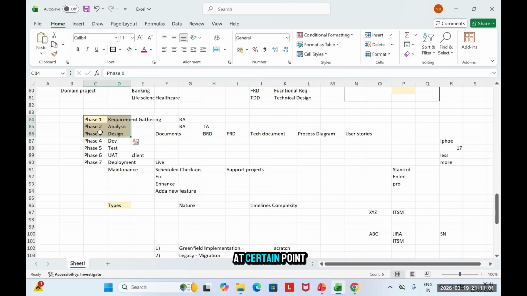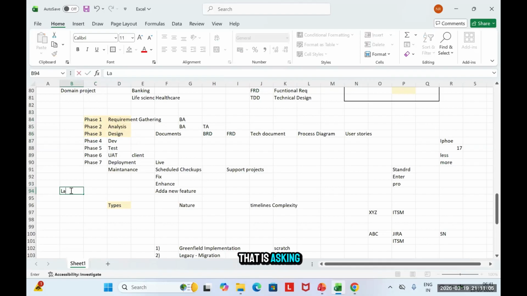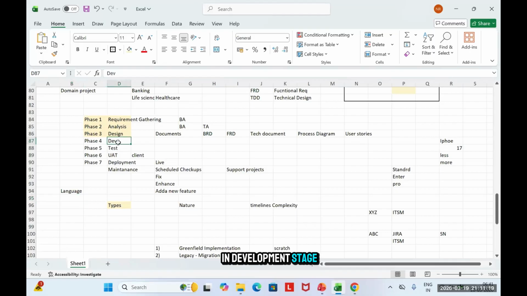And if at some point I have to use a language, maybe a computer language like JavaScript, Python, or anything, that will come up in phase 4, the development stage.